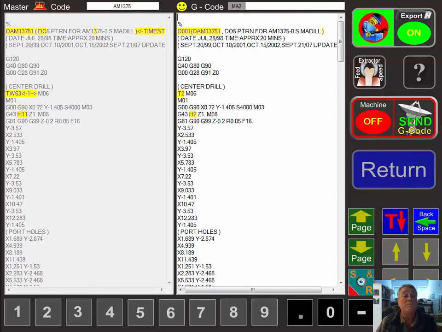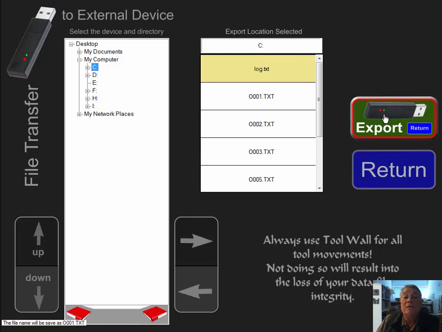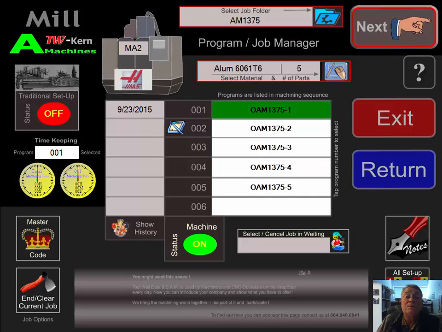We export it. Now our master code. Our master code, as you can see here, calls for tool number 63 into pocket number 1 in the traditional. However, we are not in the traditional, we are in the SAM, and it writes it for pocket number 2 because that is where it is already. So we're sending this program to the machine, and we're going to export it when our timer is running and